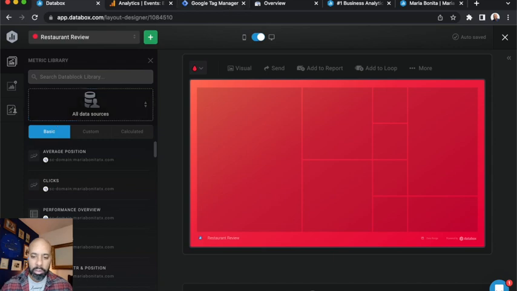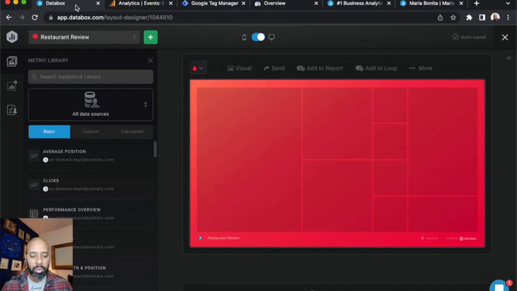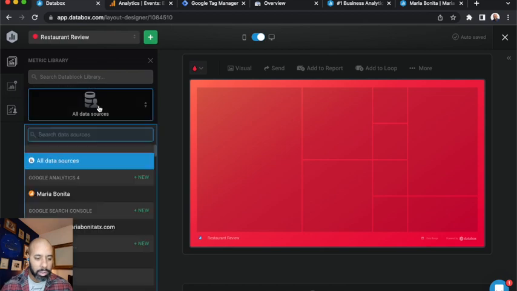So if we look back at our example, our first one up here is active users. So what we want to do first is connect to Google Analytics, so we have that data. So we're going to go into here. It says all data sources. I already have Google Analytics 4 connected, but basically what you'll do is you'll click,